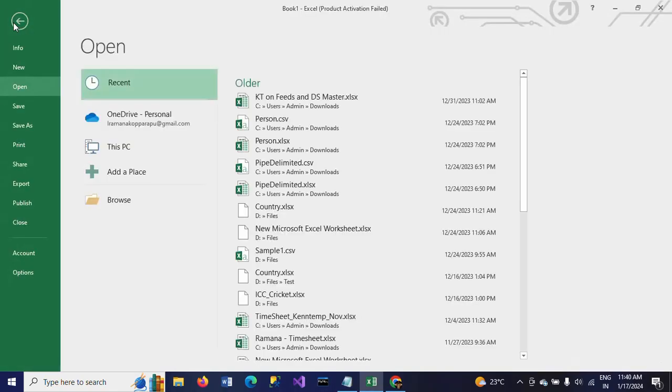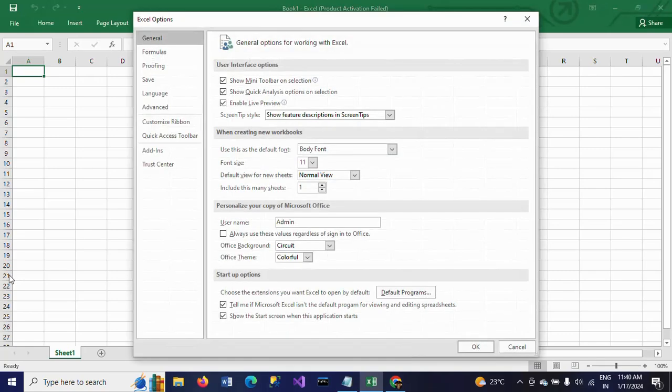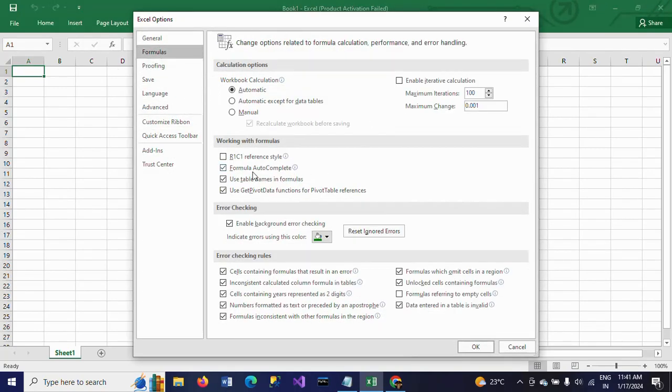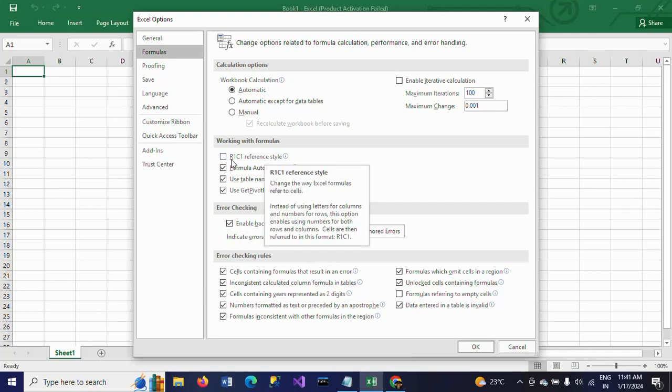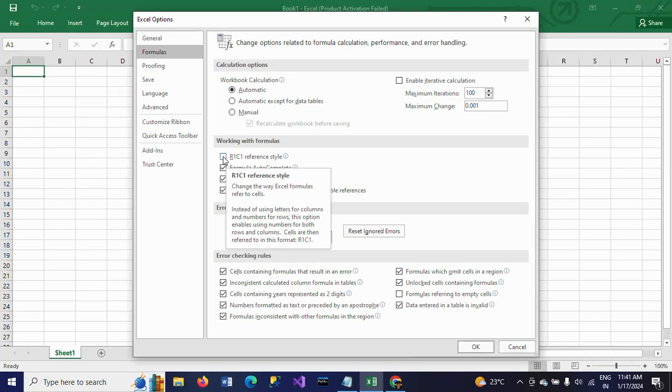First, you go to File and click Options and go to Formulas. So here, by default, the R1C1 reference style is unchecked. See what is this R1C1 reference style? Instead of using the letters for columns and numbers for rows, this option enables using numbers for both rows and columns. So I will check this